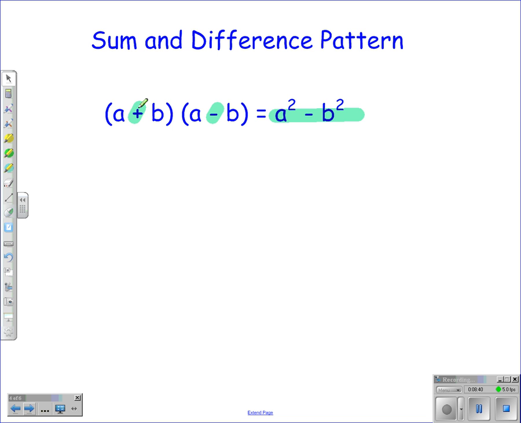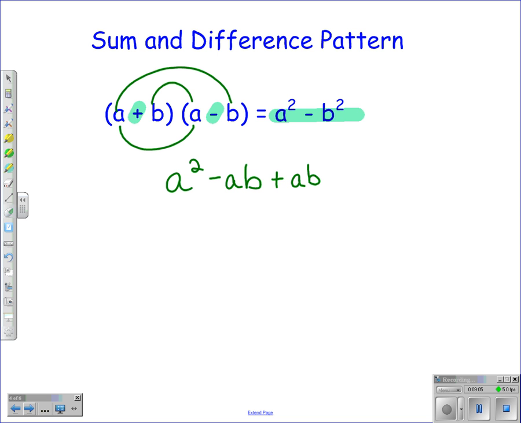Let's show through foiling how that middle term drops out, and you don't have a middle term. You just have the first and the last term. So we have a times a being a squared. The outside terms, a times the negative b, is a negative ab. The inside terms is b times a, or as we've talked about before, a times b. And our last terms, a positive b times a negative b, positive times negative is a negative, b times b